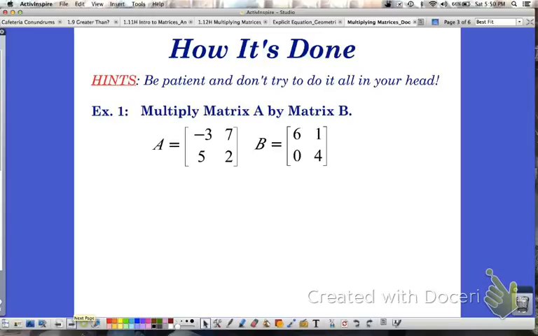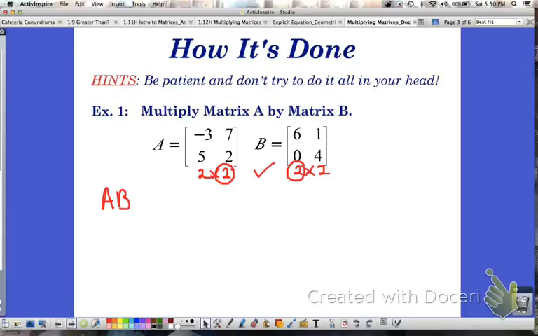So let's get down to the business of multiplying. This is how you do it. I want you to multiply matrix A by matrix B. When I go to attempt it, I need to make sure that the two matrices are compatible, but I did just a minute ago. I'm trying to multiply matrix A times matrix B. Matrix A is a 2 by 2, matrix B is a 2 by 2. Because the number of columns of the first matrix is equal to the number of rows of the second matrix,